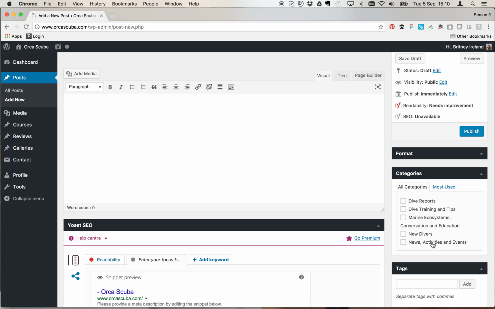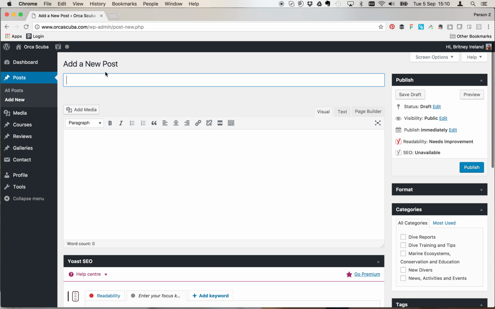There's some disagreement about categories, but I think the safest and the best bet is only to use one category per post. You might write something that you consider a dive report and news, but if that happens, then just pick whichever category you think is most fitting. Okay, so we're going to create a new post, and then we're going to save it as a draft using this button here. So I'm going to pick my recent dive in Indonesia,